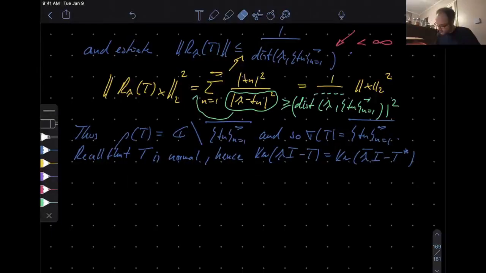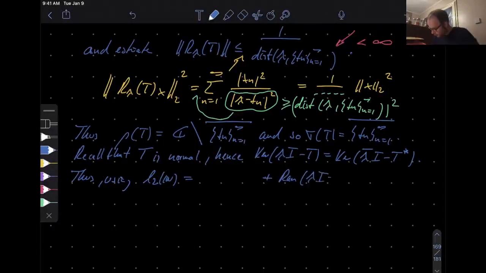Yeah, but now since I have this, thus, using that we are in a Hilbert space, the projection lemma kicks in, so you have the existence of complementary subspaces, and this argument we already used once before. So what I'm going to do is use the following subspaces. I'm going to use the range of this one and the closure thereof, and then here would be just applying the projection lemma, lambda I